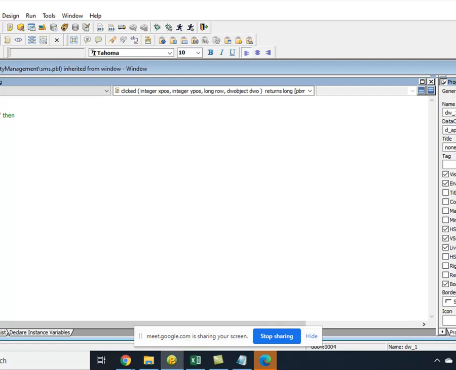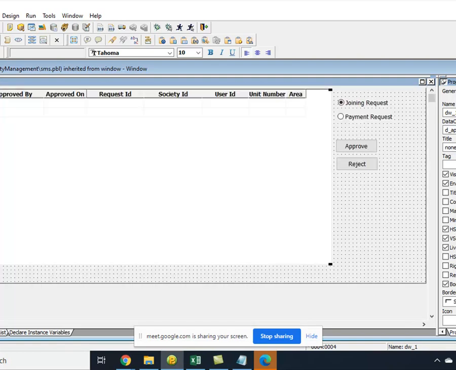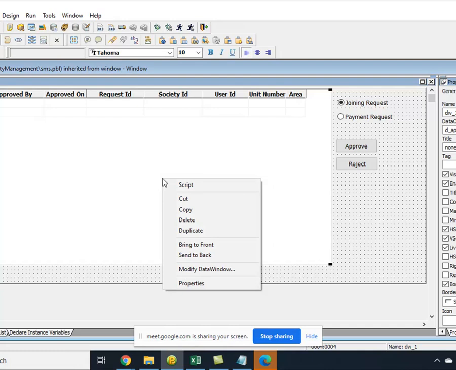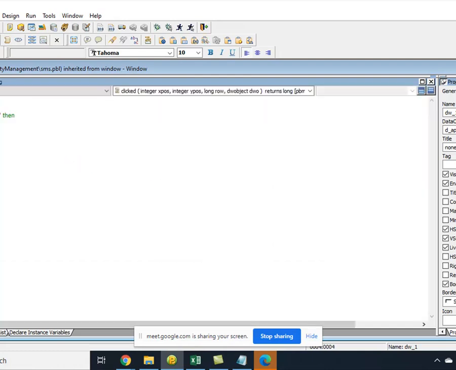Now, what is the data window name? dw underscore 1, dw underscore 1 dot set sort.